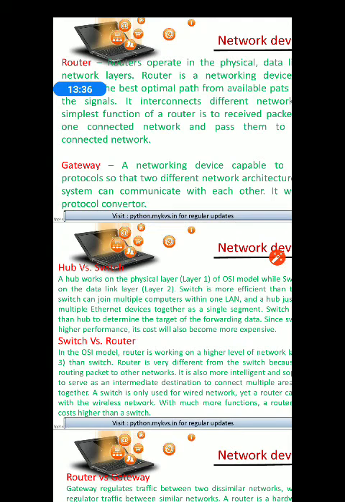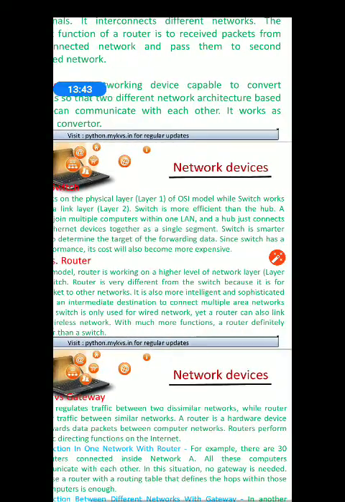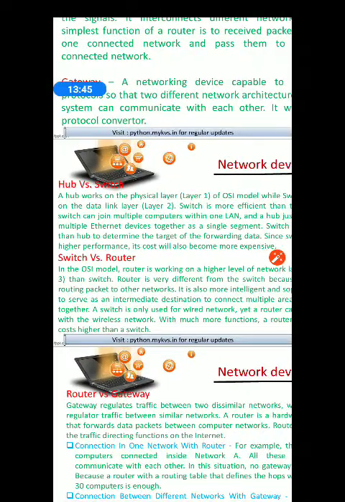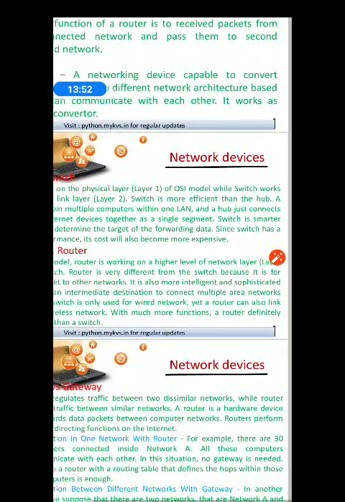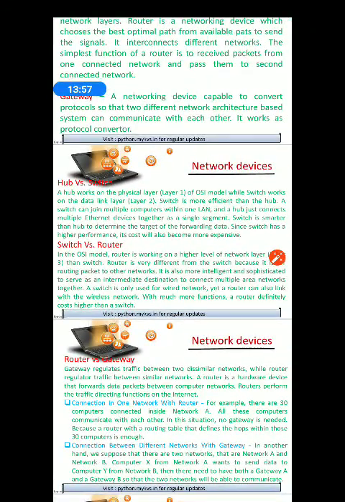A switch can join multiple computers within one LAN, but a hub can join multiple Ethernet devices together as a single segment. A switch is a smart hub. A switch has higher performance and it is more expensive than a hub.